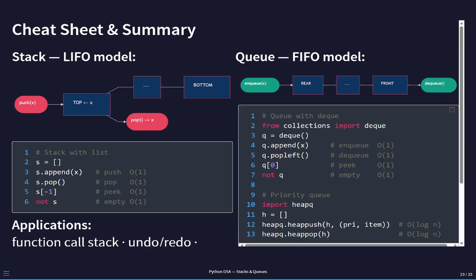And that's a wrap on stacks and queues. We went from the LIFO and FIFO definitions all the way through list-based and linked list implementations, circular queues, priority queues, the queue module, deques, the classic interview problems, queue from two stacks, stack from two queues, and the monotonic